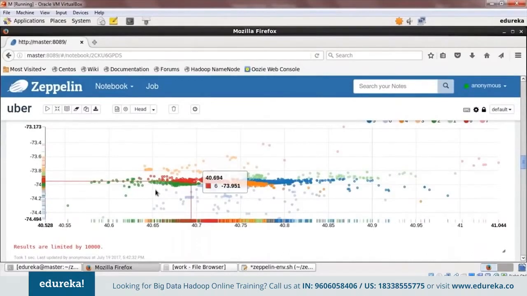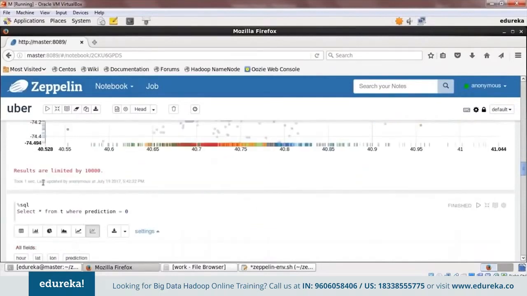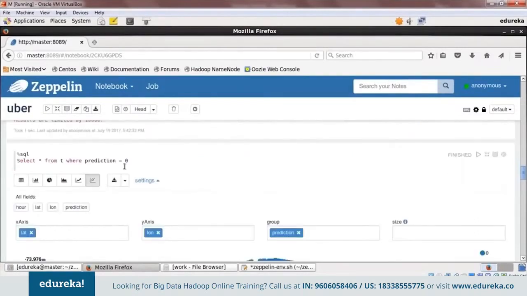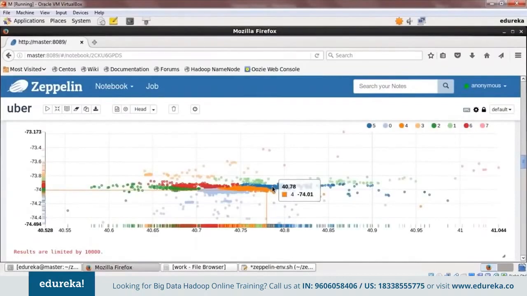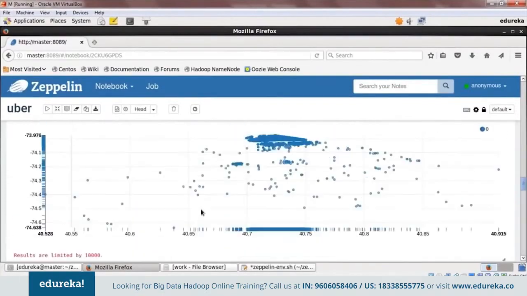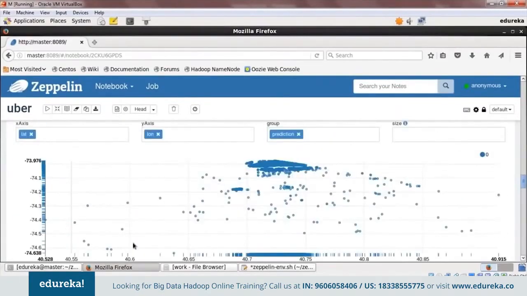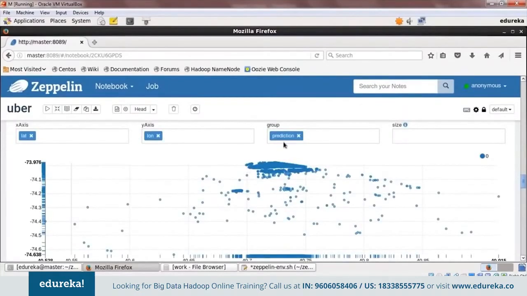And you know that we had a lot of rows, but the results are limited to 10,000 rows. But we obviously had a lot more, and you can check in different clusters. So now we are analyzing cluster 0. So here, if you see this point over here, this lies in cluster 4. And this lies in cluster 5, and this lies in cluster 0, so you can analyze each cluster also. So here I have just laid out the latitude and longitude for my 0th cluster, where prediction is equal to 0, and I've selected this from the table view of T.